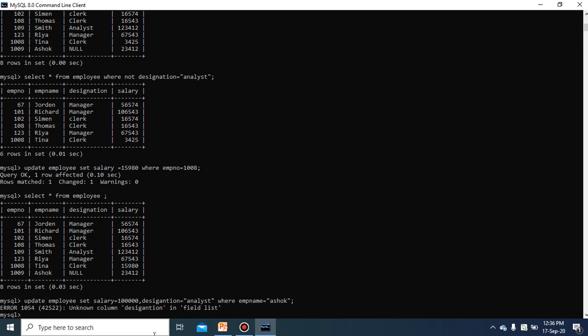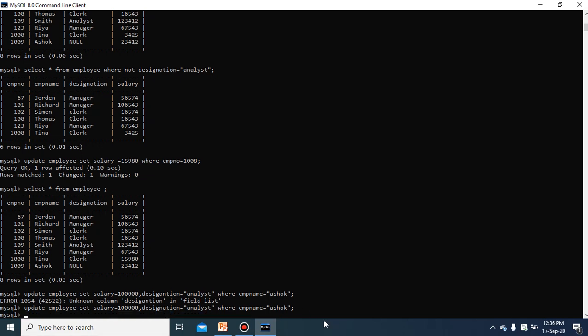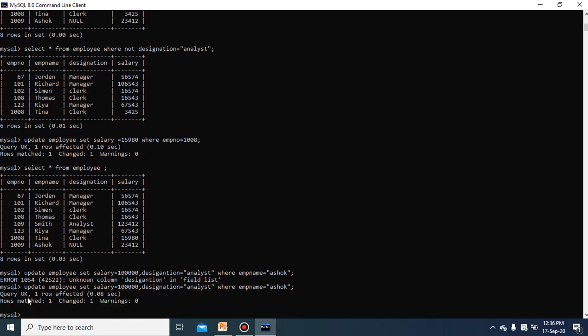Error, unknown column, again the designation, where EMP name equal to Ashok. So see, previously Ashok's designation is null, now it will be updated with designation analyst, and salary will also be updated with 1 lakh, where name equal to Ashok.